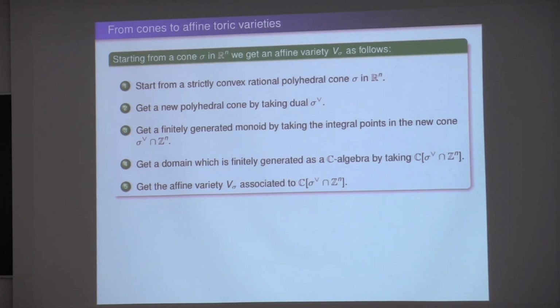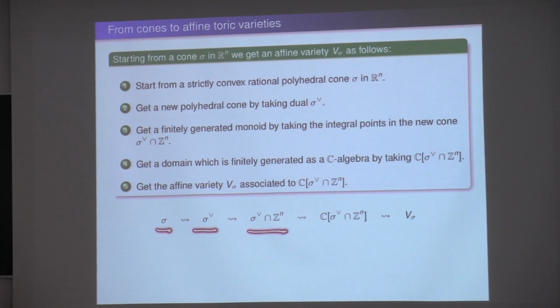And then we discuss why it comes with a copy of the torus inside as an open set with an action of the torus on the whole affine variety, which extends the action of the torus on itself by multiplication coordinate-wise. So these ones are affine toric varieties according to the definition we gave. And let's see then the procedure. Starting from sigma, we said we go to the dual,